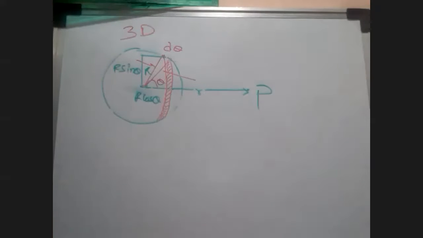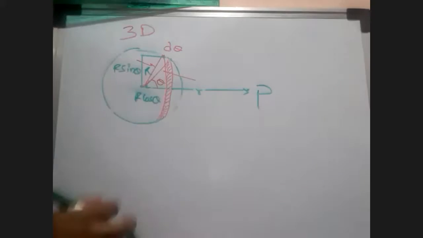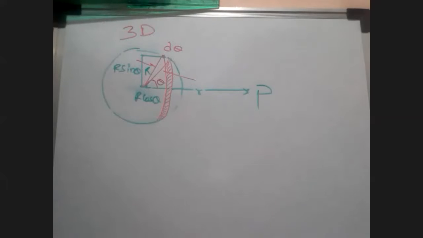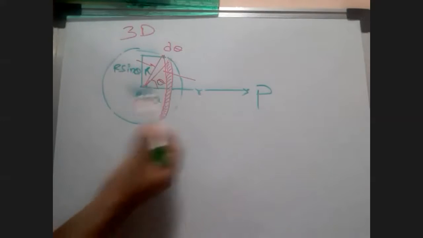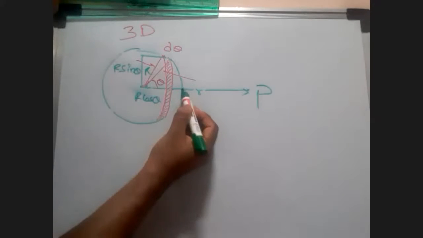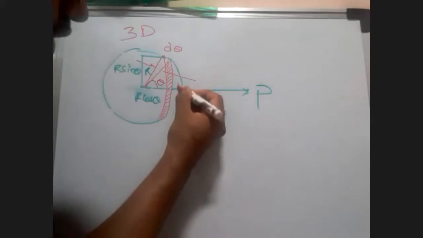So when you are finding out the electric field intensity, first find out the electric field intensity due to this ring on this point P. Try to derive it in terms of theta. When you derive it in terms of theta, finally theta will become a variable. If theta is 0, you get a small ring over here.